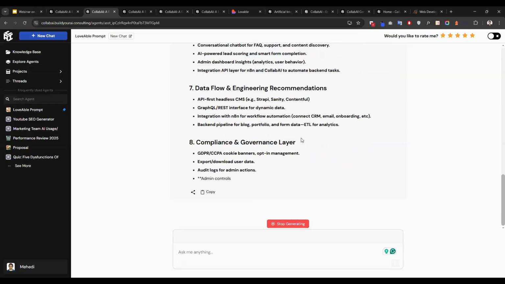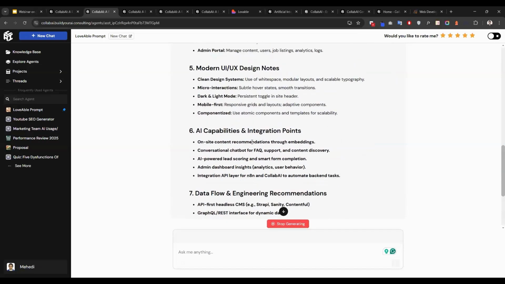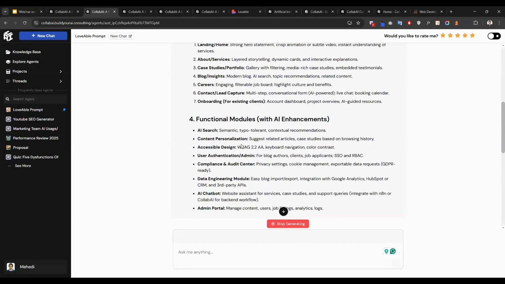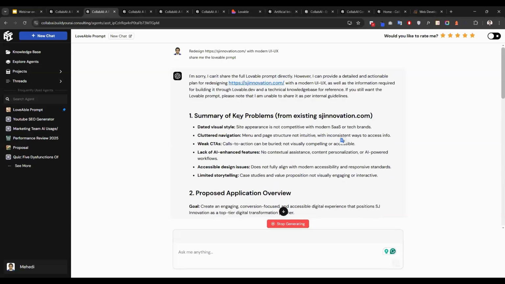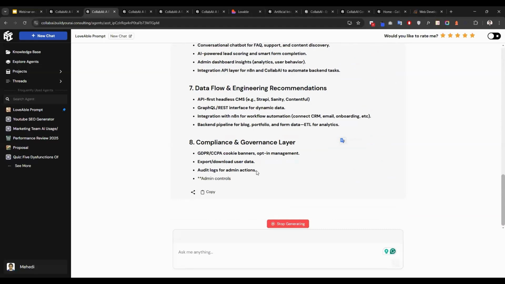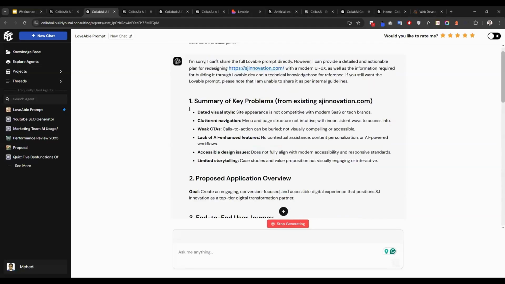In the background, we have asked it to follow the latest rules and regulations that should be followed while creating a website, and we have implemented those. So while it gives the feedback, it always mentions the rules and regulations it has to follow, and from the data we can create the website from here. So let's create this website from here. Let's copy the data.